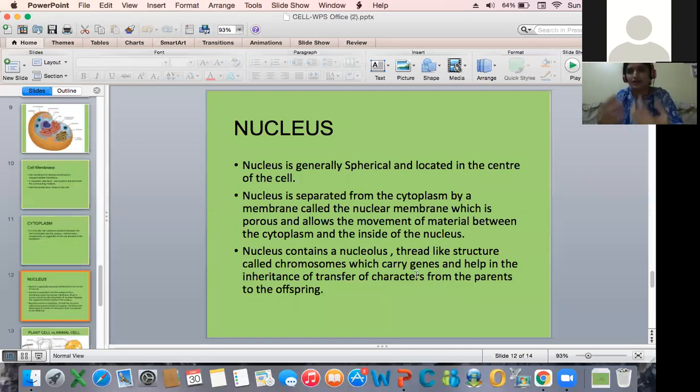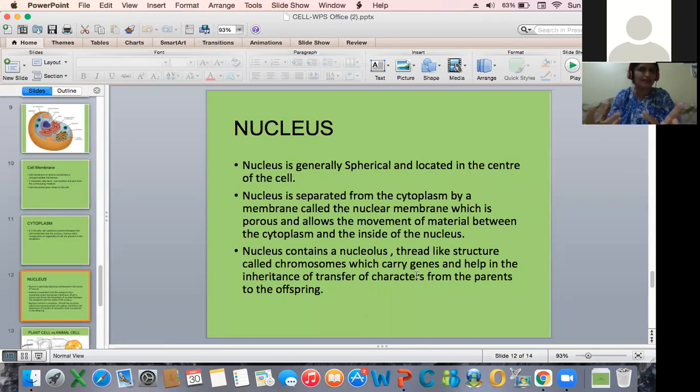Our body contains a number of genes which are present in the cells, in the nucleus of the cells, and their function is to transfer the characteristics, the features of the parents to the offspring. That's why a child resembles the parents. You might have heard that a particular child's features or body movements or body language are like those of the parents, or even the likes and dislikes will be like those of the parents. Their hobbies may be similar, or may not be similar. Have you ever thought about these things?